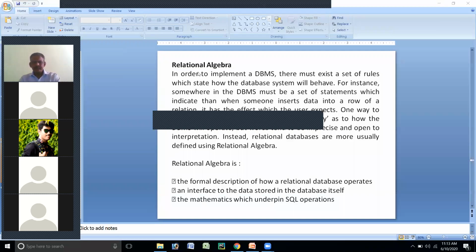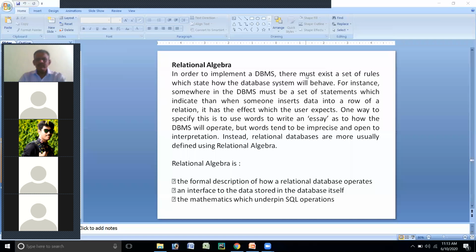Okay. The relational algebra. To implement a DBMS, you have to follow a certain set of rules. Using that, you can state how your database system is going to behave. The relational algebra formally describes how the relational database operates. Secondly, it acts as an interface to the data stored in the database itself. And lastly,